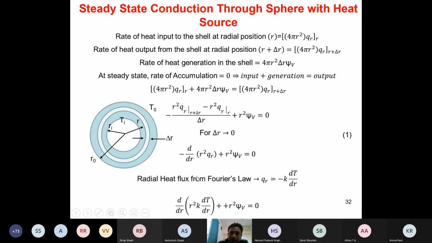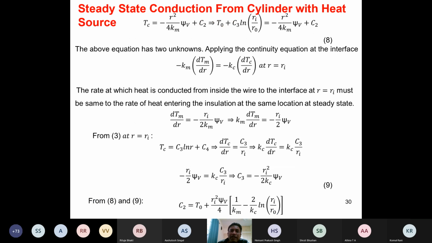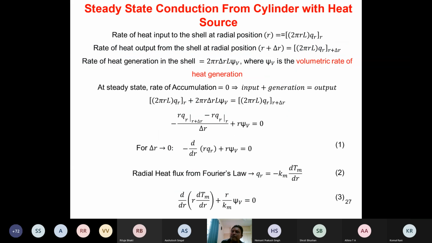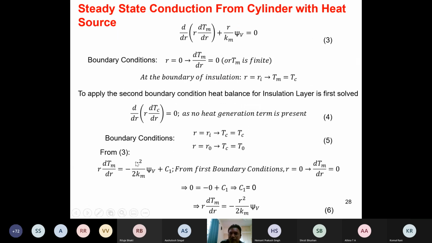In a similar manner, I have not derived it, but for this cylindrical case, remember this cylindrical case, if we don't assume that there is an insulation, you can do the similar analysis as we have done for the spherical case, and we can obtain the maximum temperature. You can see the maximum temperature will occur at the center, isn't it? So without the insulation, solving this particular cylindrical case becomes easy, because then this is the expression 3. Here at R equals Ri, Tm equals Tc is given. So instead of that, we will have Tm equals T naught. And the solution becomes very easy